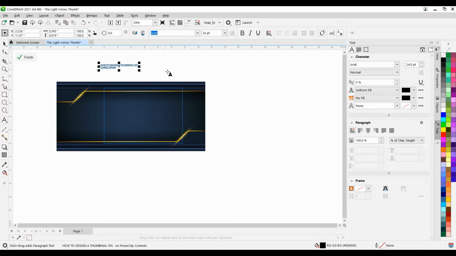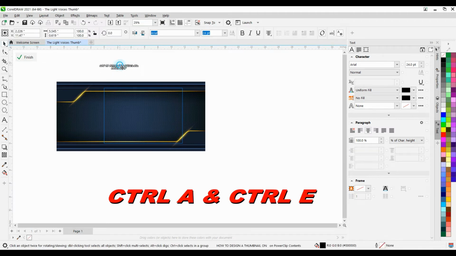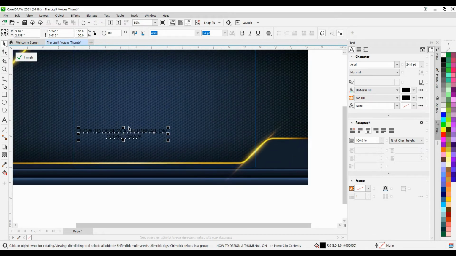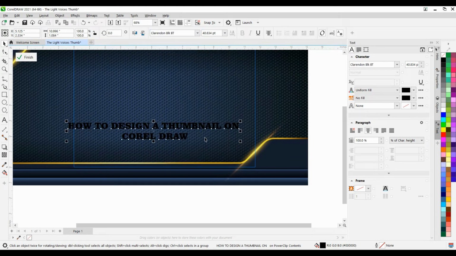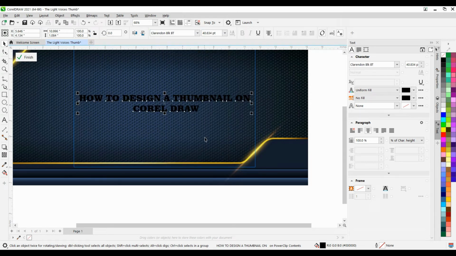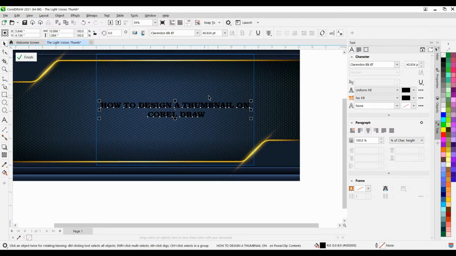And you can enter Control A, then Control E. Then bring your letter down. You can zoom in. Then I don't like this font. You can change the font. Centralize. Just tap P on your laptop or your desktop computer,